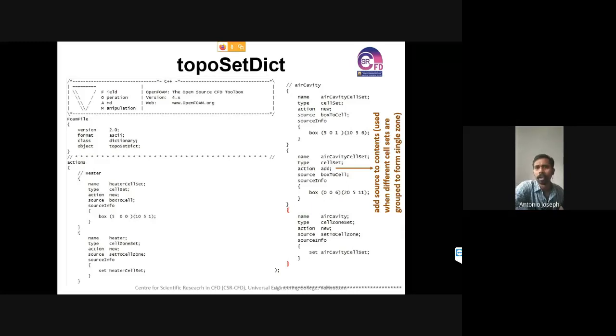Similarly, there will be some blocks remaining on the left side and the right side of that T-shaped cavity. We can name them left solid and right solid. Or use the command so that the remaining things can be grouped into a single block. We can do it that way also. I'll be showing that while we are doing the hands-on session.